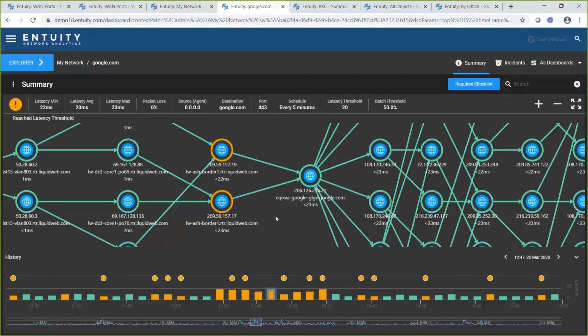Now, just like organizations, service providers are now taking a tremendous amount of pressure based on everybody accessing information from home. And I know Comcast is a service provider in my area, and they're going through a lot of growing phases right now because the pressure on the network is considerably higher than it was a month ago. So if I was Liquid Web in this case, I'd probably say that I might have some issues with performance